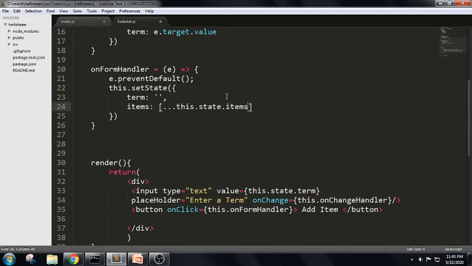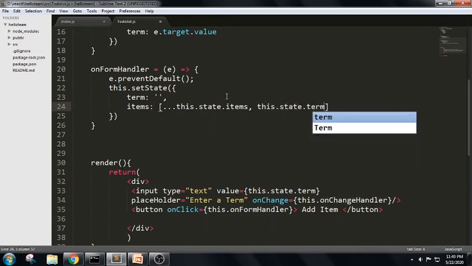That means it will divide the list of values into individual variables or individual elements. In this we use this.state.term. If we can see here, in this onFormHandler, we define it using an arrow function after the constructor which we have defined.